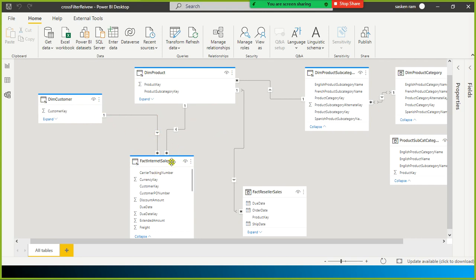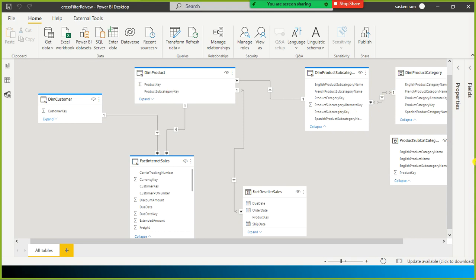Okay, it is a unidirectional relationship. So we have created a unidirectional relationship between these two tables, and here also there is a unidirectional relationship. The subcategory key is flowing from this table to the dimension table product in this direction, and here also the same thing.